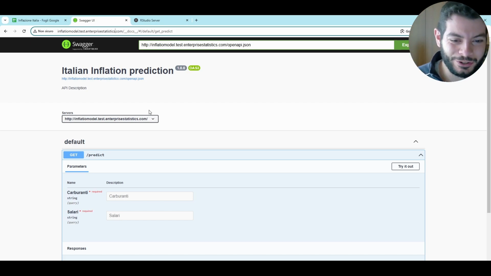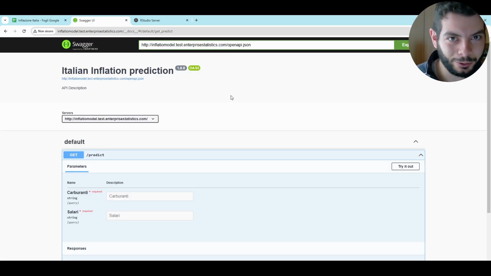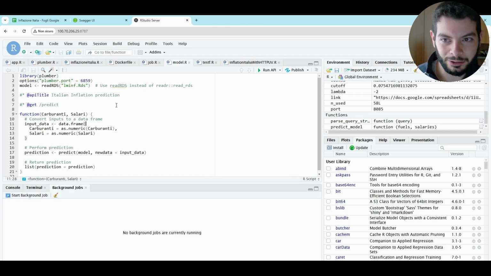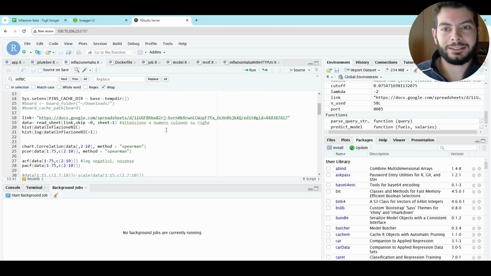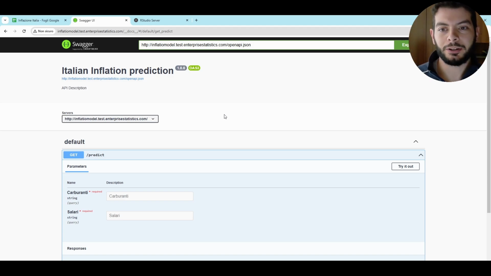So let me do a quick summary. This is the front end. This is, we can call it, another front end that shows something of the back end. This is the actual back end of the code. This is where the actual model for the backend comes from, and this is the machine level backend. And in this part we have the networking backend that connects a local link to this public link that in this case can't lead to abuse because of the function of the code.